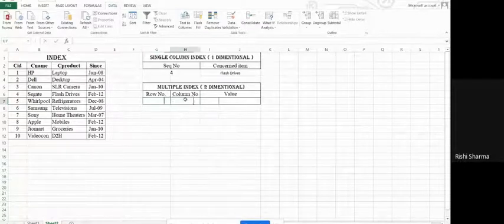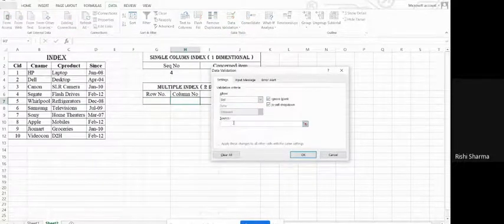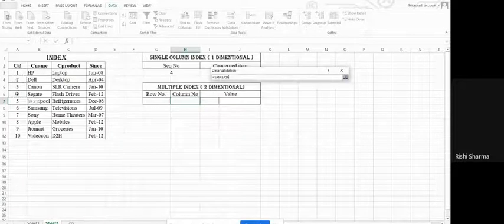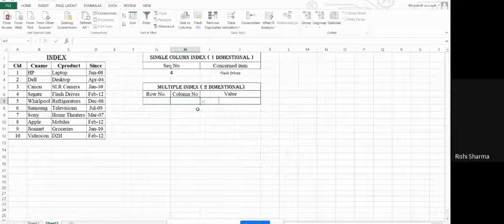Now for the column number, it's up to me which column I want to select. I want to select 2, 3 and 4. It's up to me. All right. So let's say I want to select column numbers 2, 3 and 4. So I will again use data validation, and allow will be list, and the source will be 2 to 4. I will take the numbers from here, 2 to 4, and click on OK. So the values that I will get will be 2 to 4.